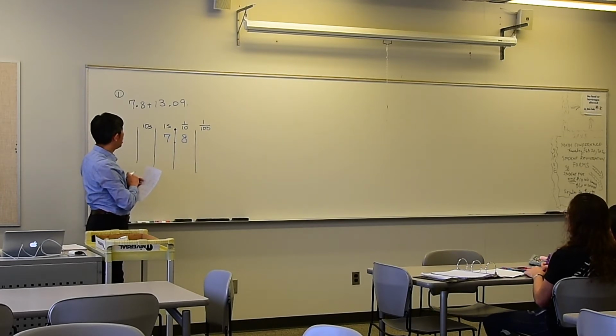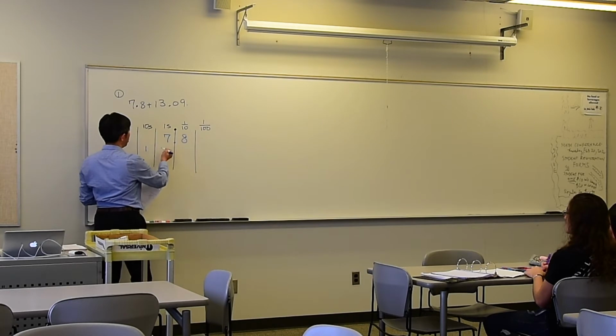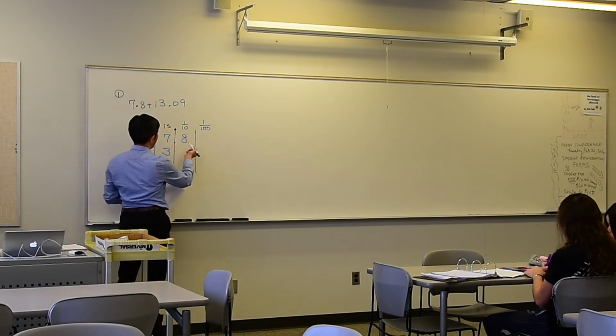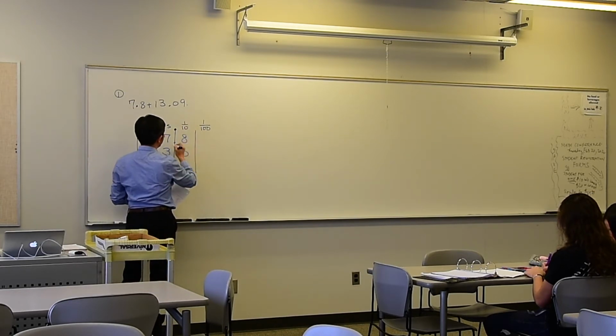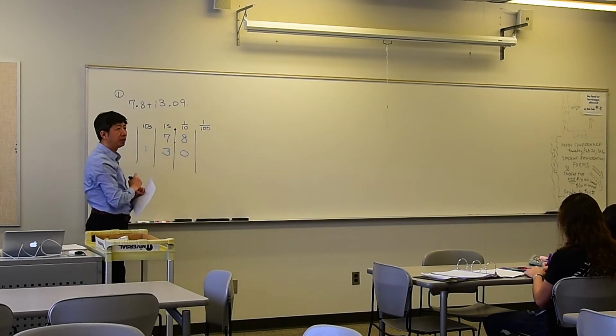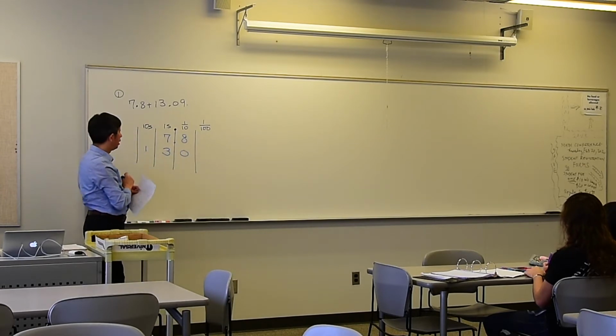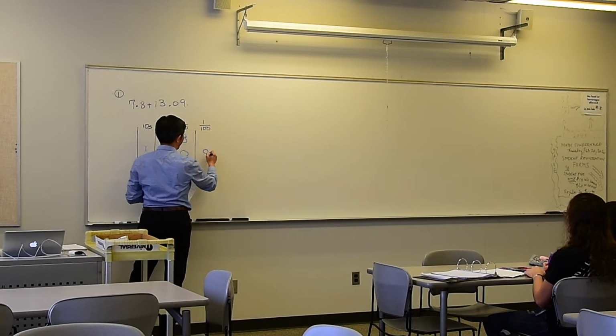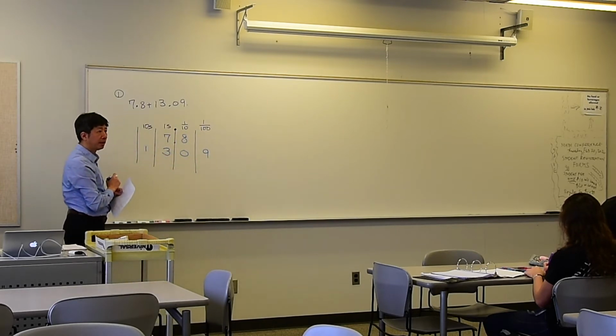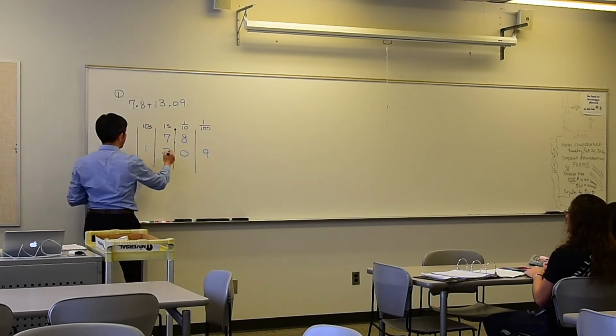Now, what about 13.09? What does this mean? The meaning is I have 1 ten, 3 ones, and then what about 0? 0 tenths, and then 9 hundredths, right? So adding up the total,